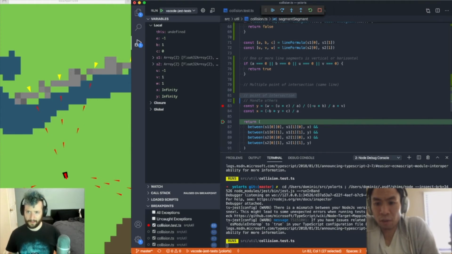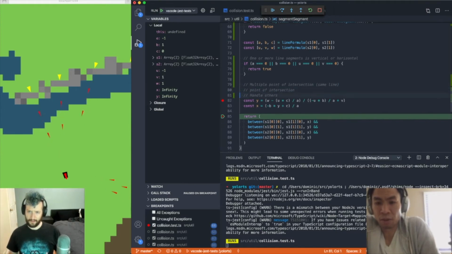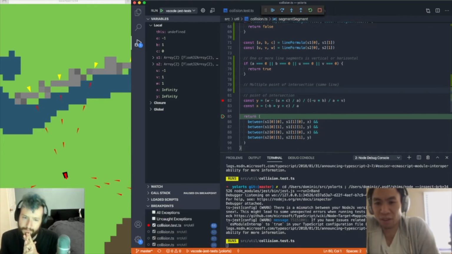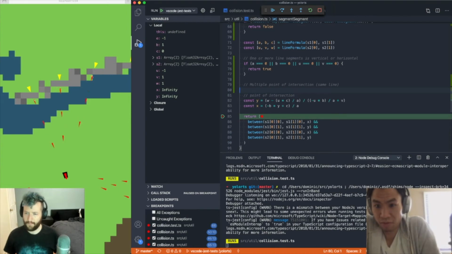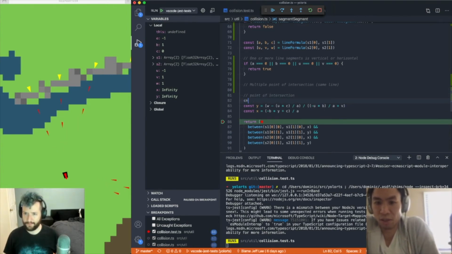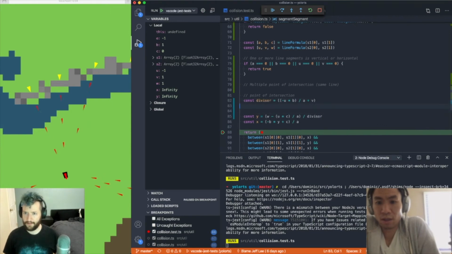I think what we want is to create another number called, let's call it d or divider or something like that, and just set that to the line 82. You see that negative u times b. Just set that to a variable, and if that's equal to 0, then you know that it's going to be infinity, right? That makes sense. Yeah. If divisor equals 0, return